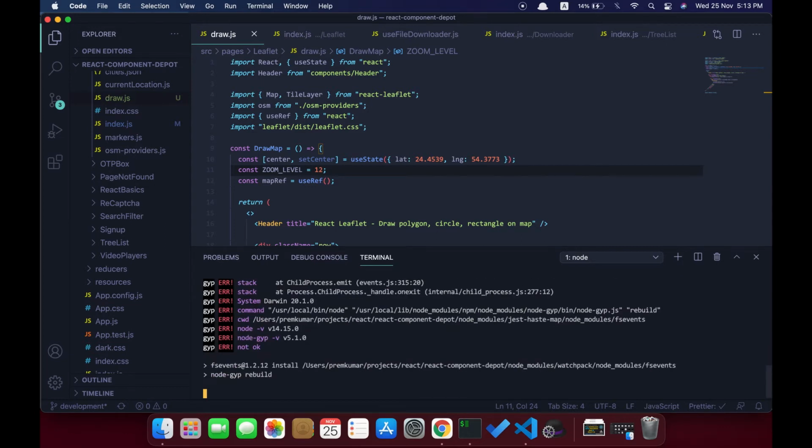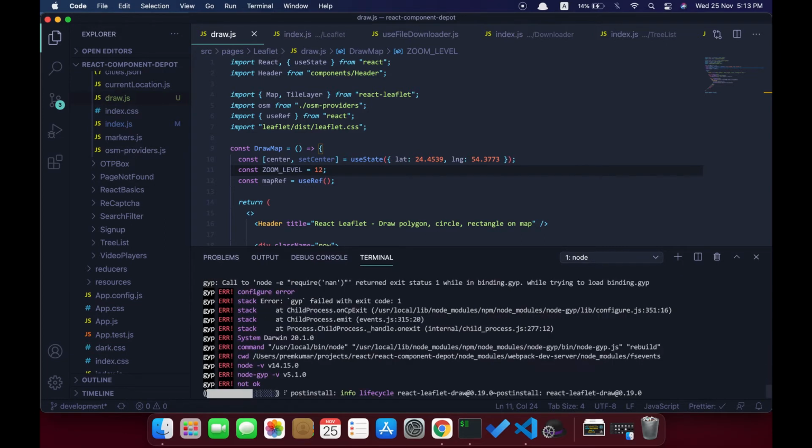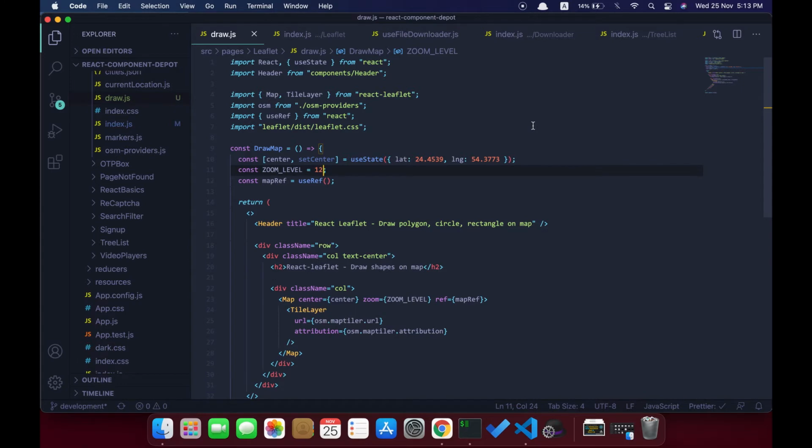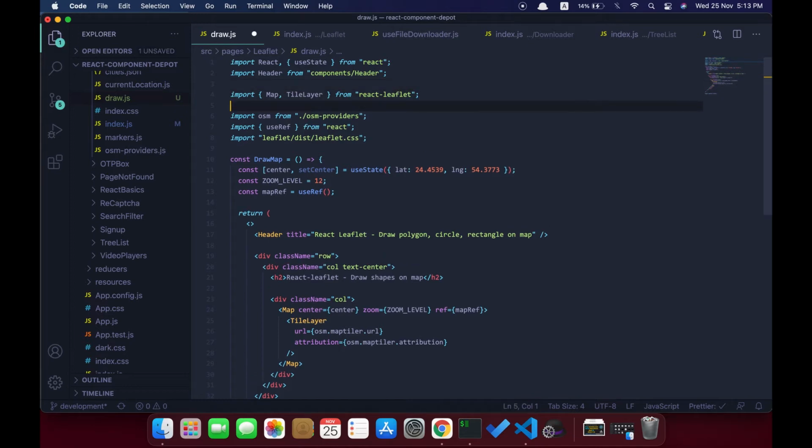Once this is installed, we will be importing the edit control from it, and we're going to use it inside our map component. So first let's import EditControl from React Leaflet Draw.